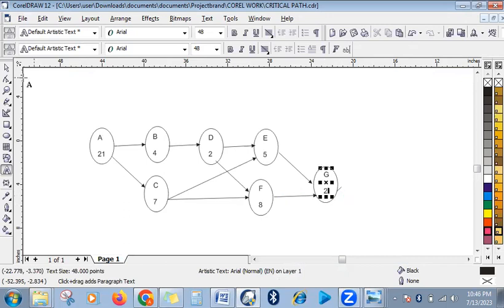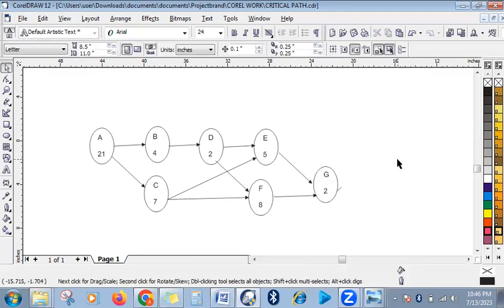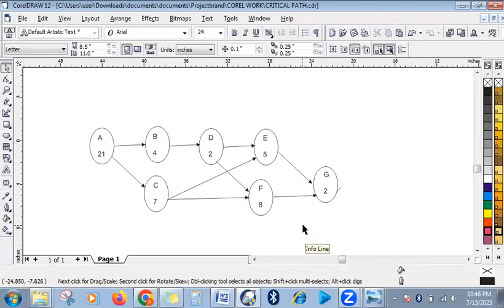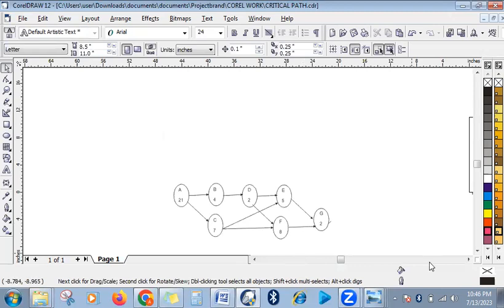Now we are through with our network diagram. Now, what do we need to do now? Let's look at the first question. The first question is construct the network diagram, which we have done. Determine the critical path. Let's determine the critical path now. So to determine the critical path,